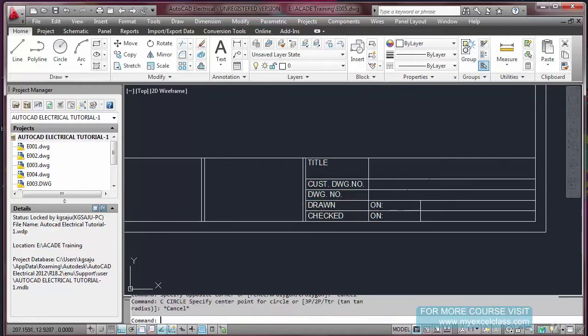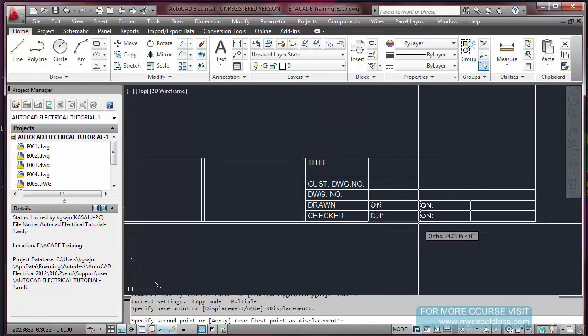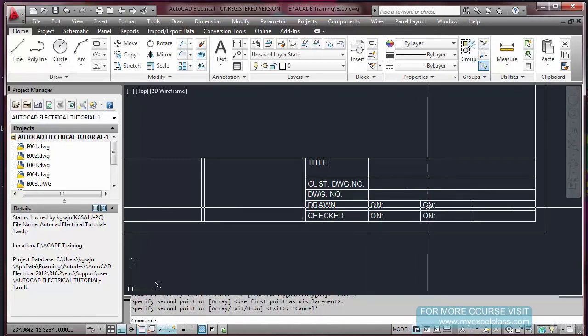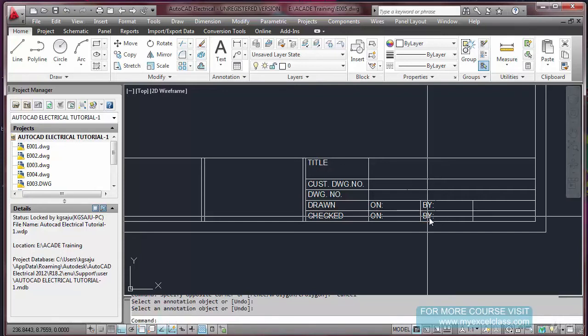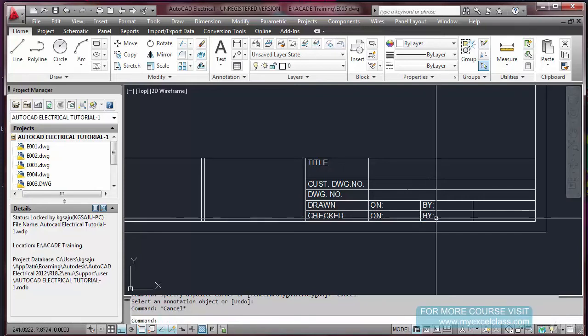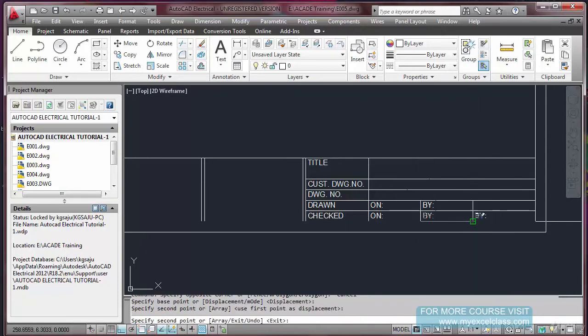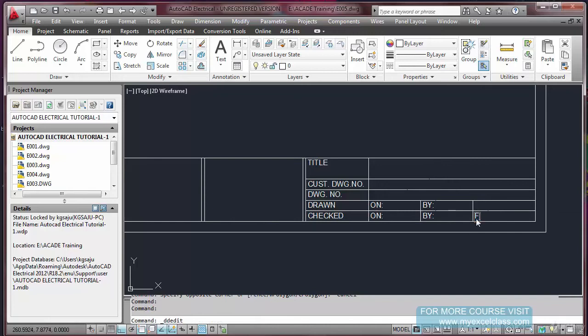Now I'm copying this much portion here, drawn by, checked by, and finally here I'm going to put the file name. File, that should be the file name. Fine.